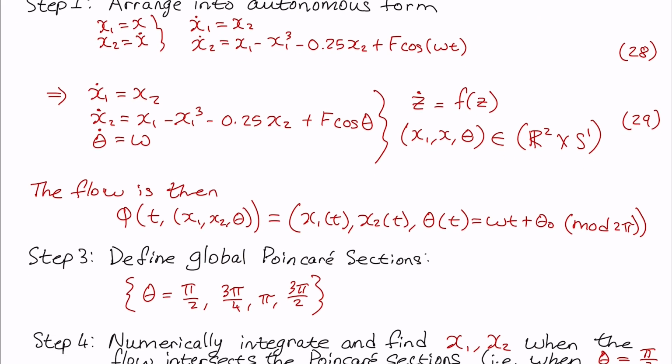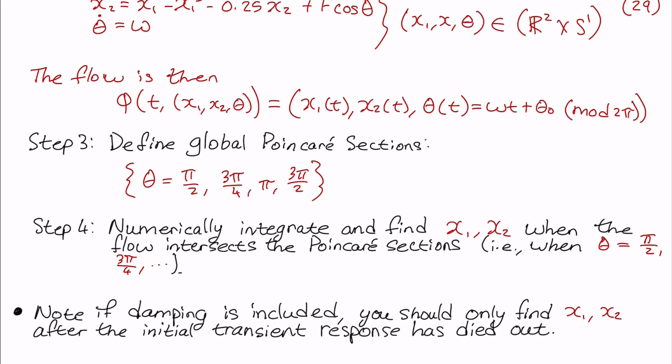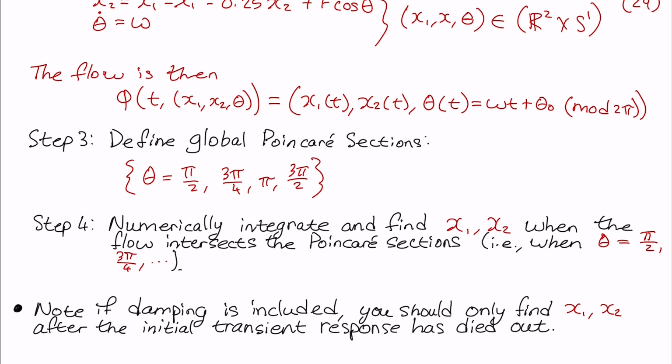And we're going to do that in this case for theta equals pi over 2, 3 pi over 4, pi, and 3 pi over 2. From here, we're then going to numerically integrate and then find the values of x1, x2 when the flow intersects those Poincare sections. That's again when theta is equal to pi over 2, 3 pi over 4, and so on. And like I said, if damping is included, you should only find x1 and x2